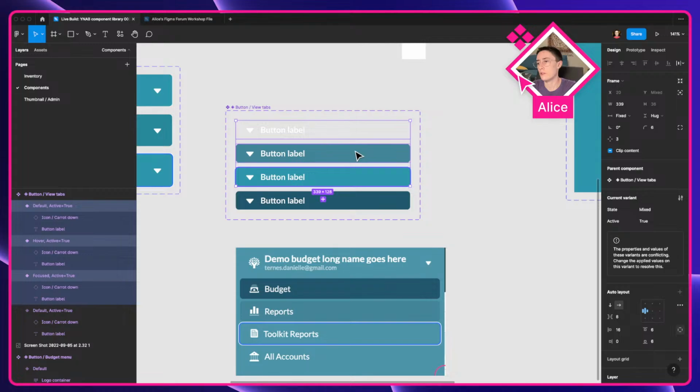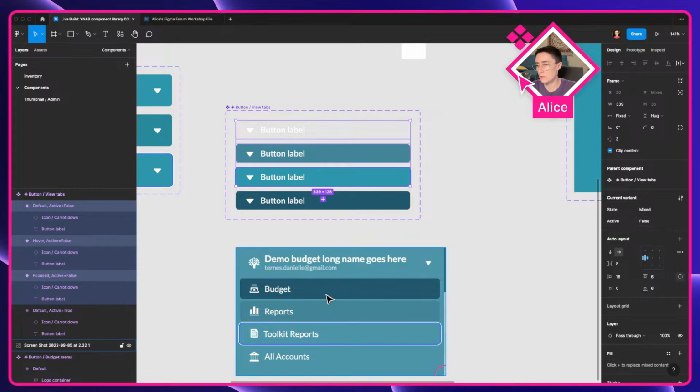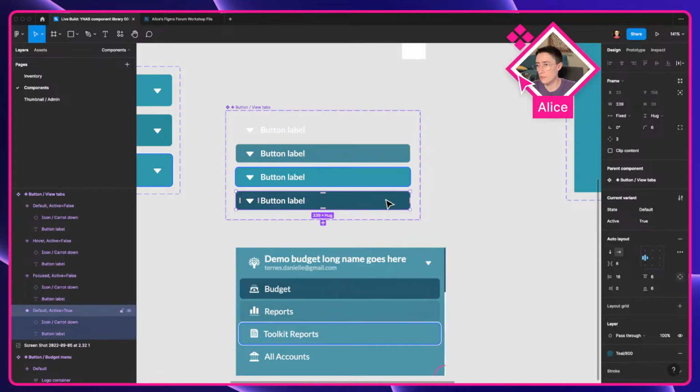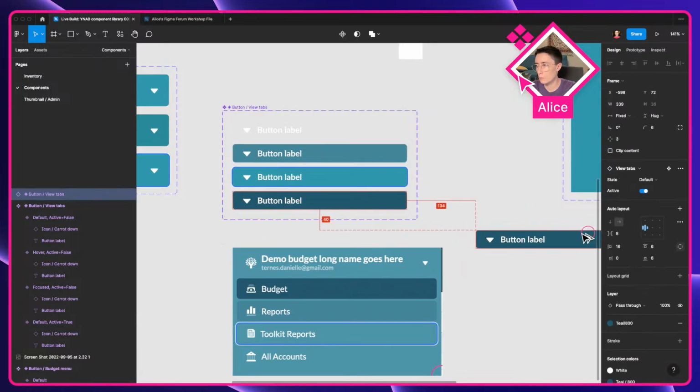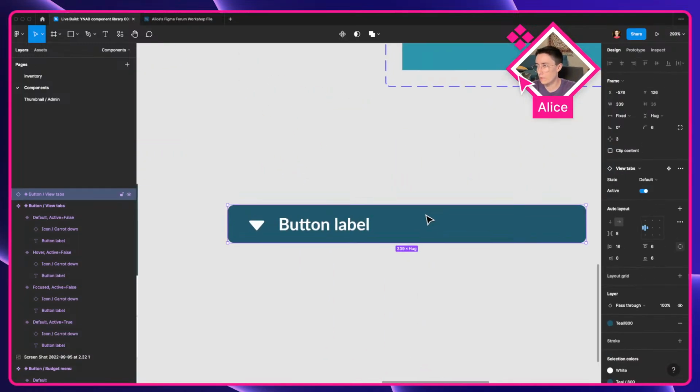These default, hover, and focus states are going to be states for non-active tabs, right? This one's active though, so that gets marked true. So now when we're working with this component,